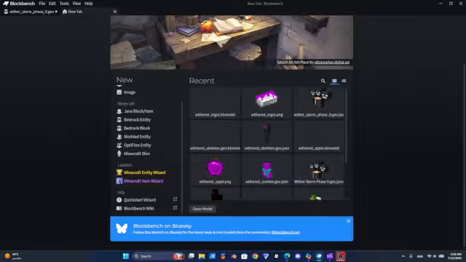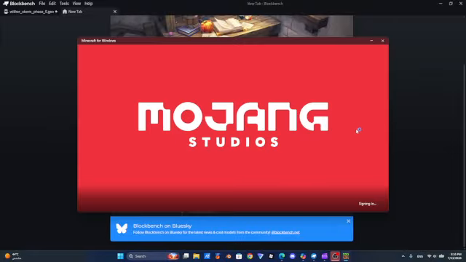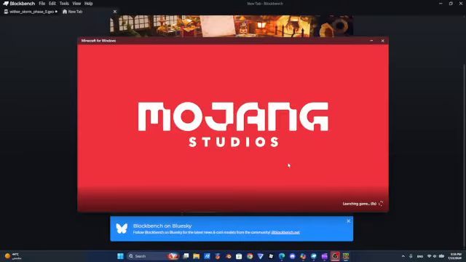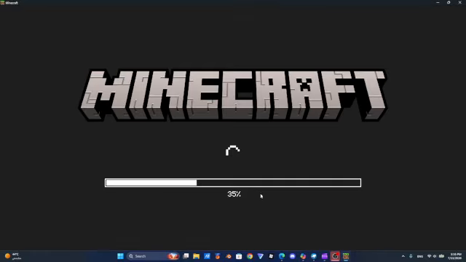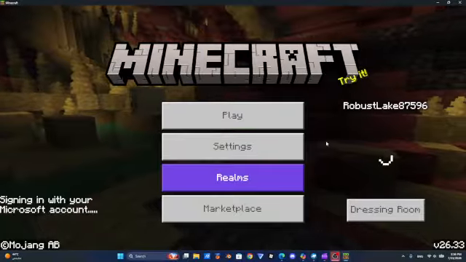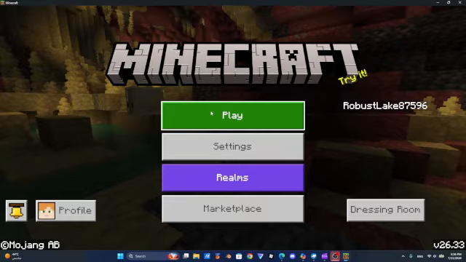I'm just gonna open it and come back. Yeah, I just opened it and it is loading. So I'm gonna wait for it to load. It doesn't take too long. It's still loading. So when it finishes loading, click on play